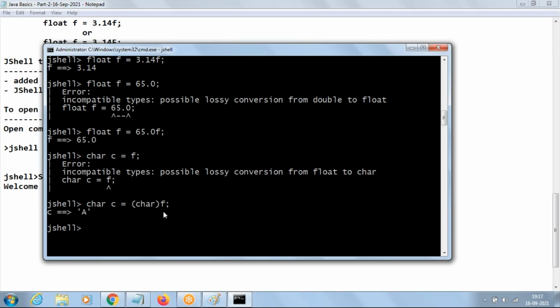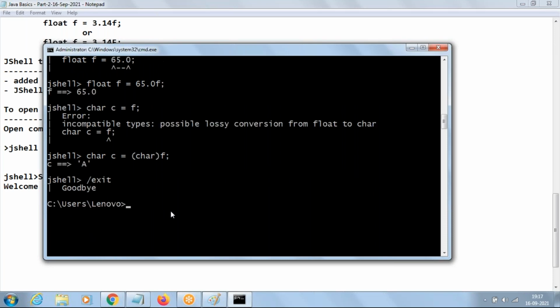So this is a very easy tool to check whatever small doubts we are getting. If you are unable to remember or if you are getting confused, you can just open the jshell tool and check your doubts here very easily. Got it everyone about jshell tool? It's not for developing bigger applications. It's only for learning purposes. So when you are learning, if you have some small doubts, you can clarify them in the jshell tool. And how to come out of jshell tool? Simply you can say /exit. Then it's going to come out of jshell tool.